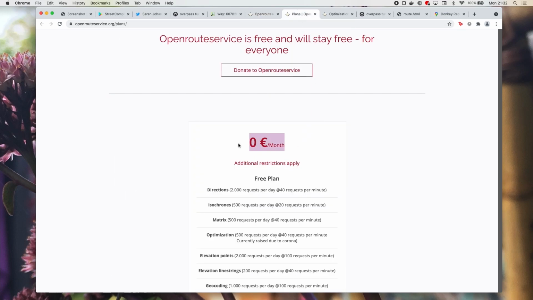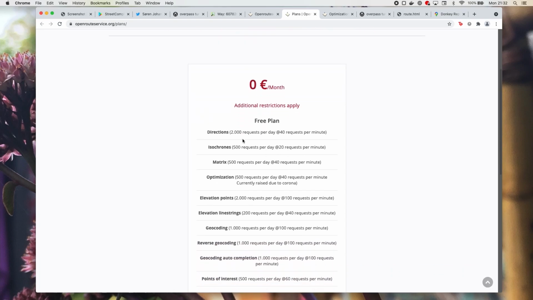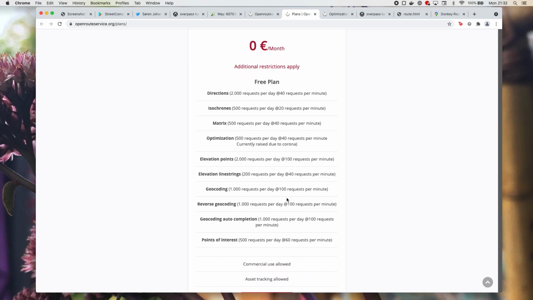It costs nothing, but they have some usage limits here. The one I want to use is called optimization, and I can do 500 requests per day. That's very generous for me because I don't need to ask them a lot about my routes.